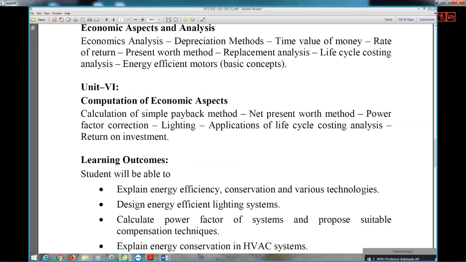And regarding this case, we have continued our problem: further calculation of the number of lamps required for lighting up a particular specified area, and the arrangement of the lamps, how they are to be kept, with x-axis coordinates and y-axis coordinates. Regarding these two, how much gap you have to maintain between any two lamps in x and y